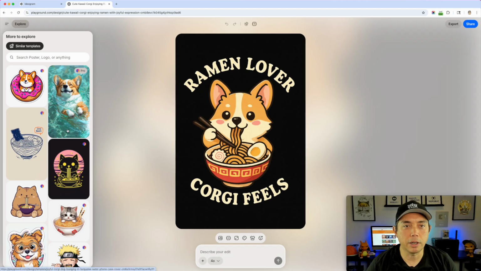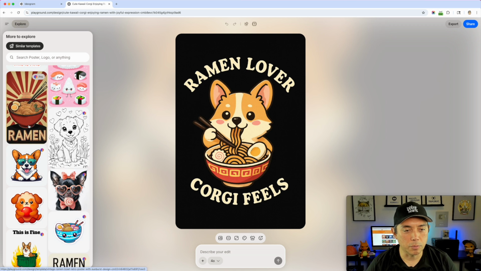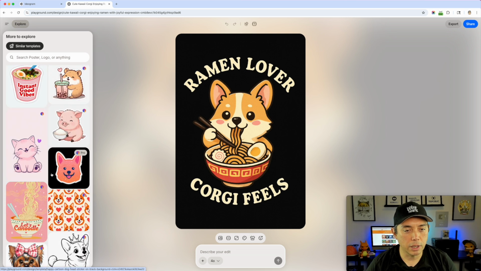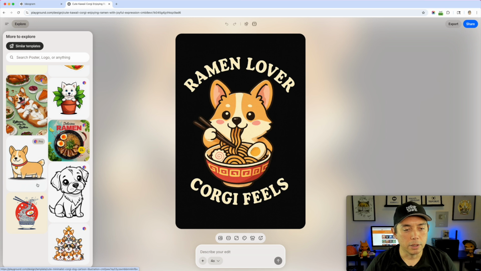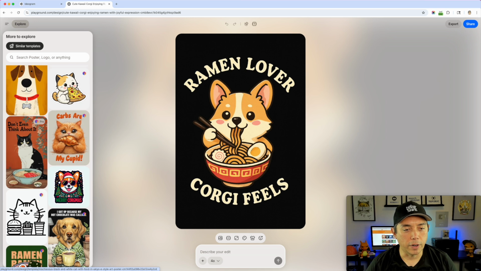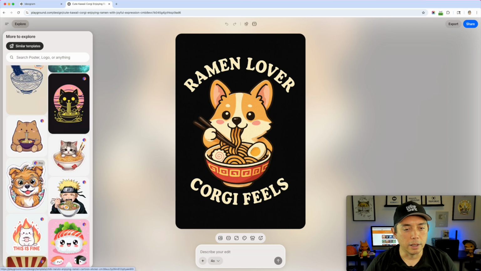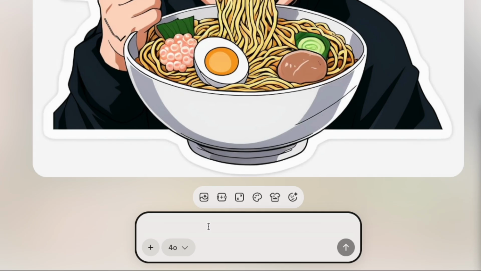But the thing I like about Playground is there may be one already done here. So we have some ramen and we have some corgi, so it already knows some of those things, but I don't see a corgi eating ramen on this side, though I probably could come in here and find one with a ramen or a corgi that I like, and maybe, you know, do this and say, make this a corgi eating ramen.